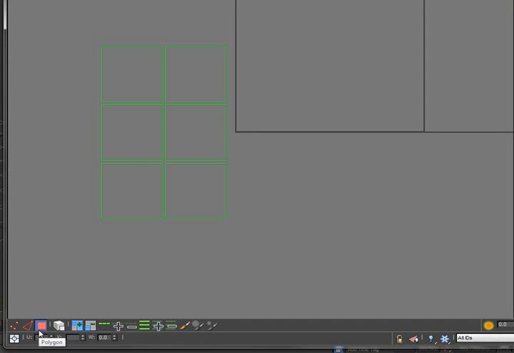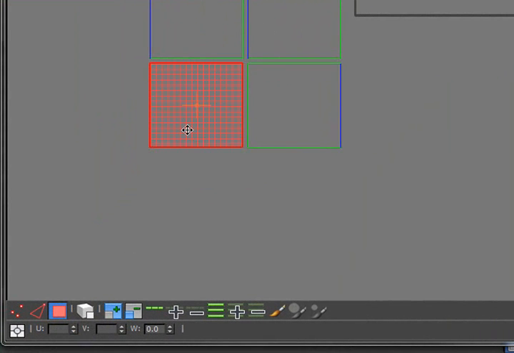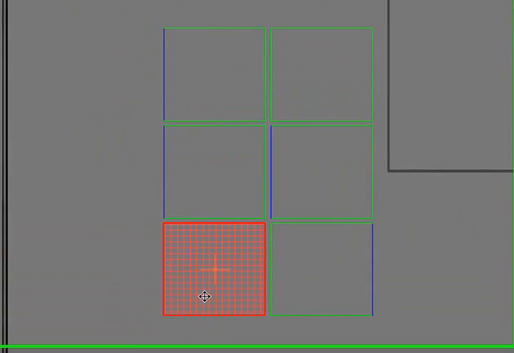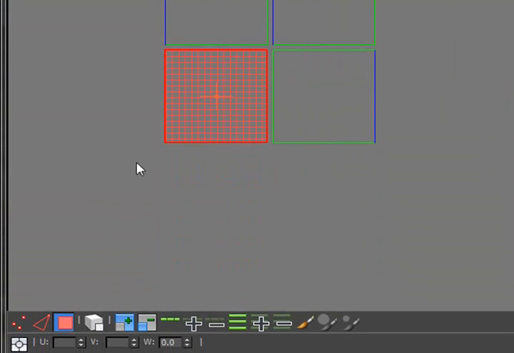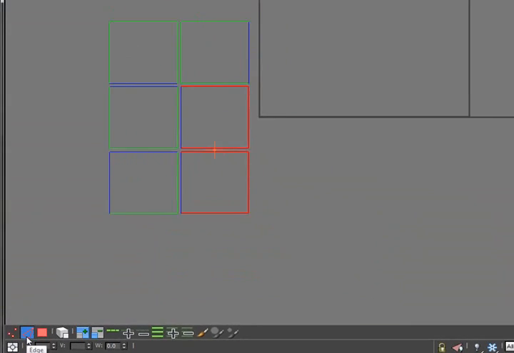3 being faces, because we don't actually refer to them as polygons. They're not technically polygons at this point because a polygonal space cannot exist in a 2D space. I don't want to go into that. That's too overly complicated. But I am going to be working in edge mode, so the hotkey for that is